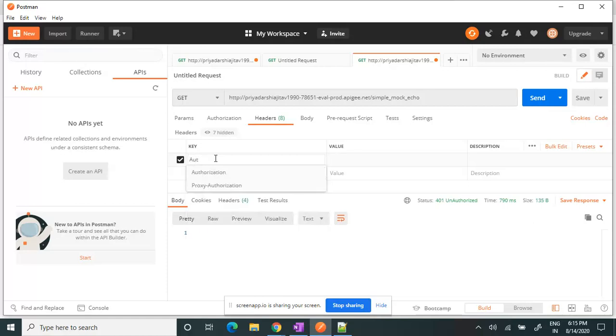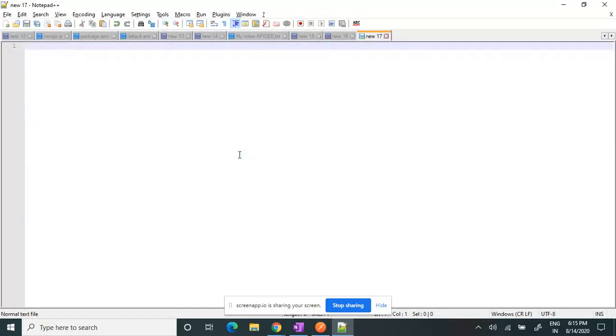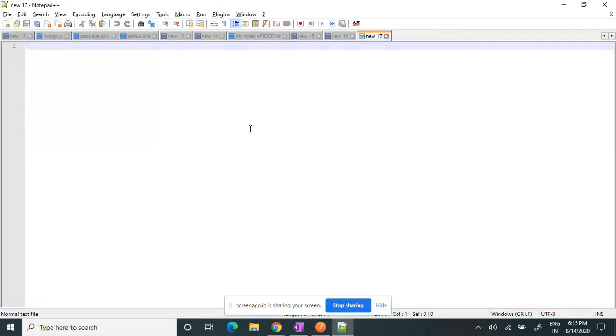Now what I'll be doing is adding one authorization header. I'll add it here, and it automatically comes. I select that. Think of it as I have one username and password, and how we send that in the authorization header: as it is basic authentication, I'll be using a base64 encoded authorization header. So it will be username colon password, then you select the whole part and do base64 encoding.